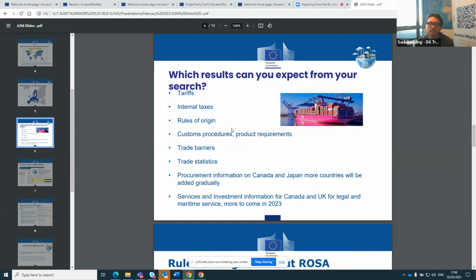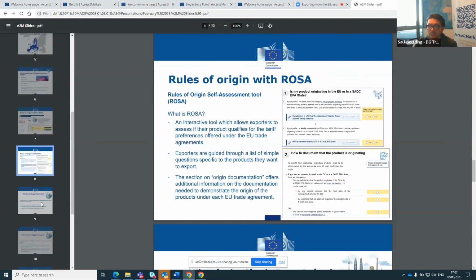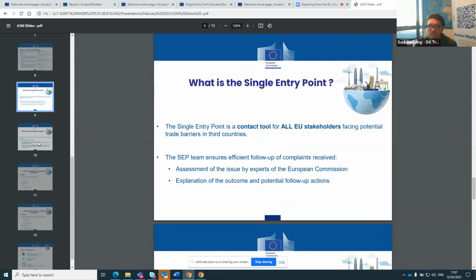Barriers are interesting because we also have a facility, which I'll just quickly show you, that enables you to look at what barriers there are in terms of market access. We also have a facility in which you can launch a complaint on market access, on trade and sustainable development, or on the generalized scheme of preferences as well. So that'll all be quite clear throughout the end. I will not show these because our colleague will show you that.